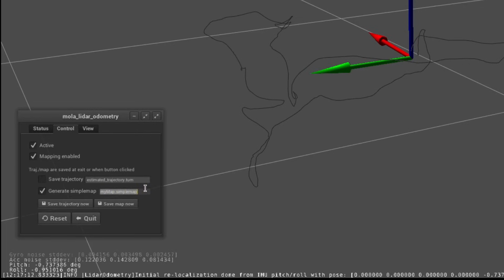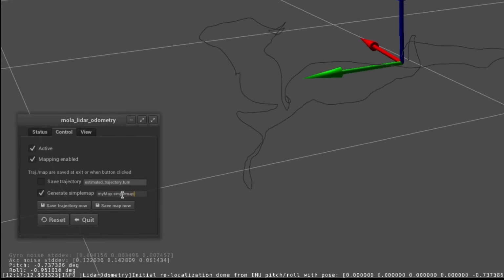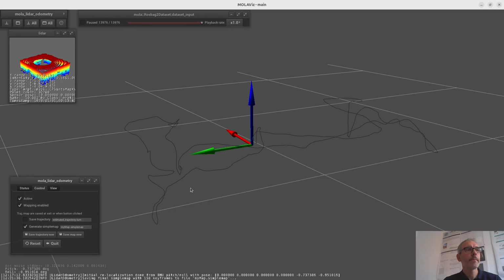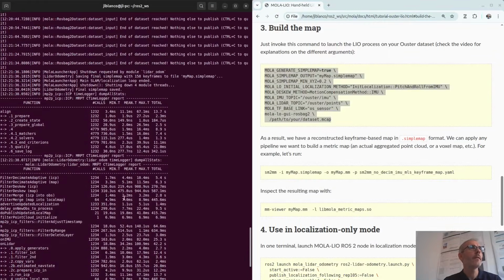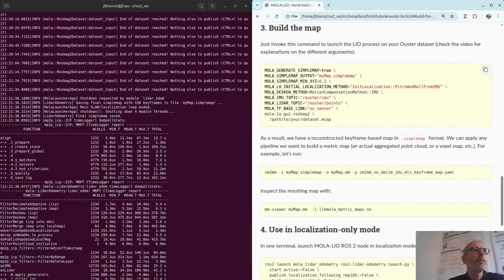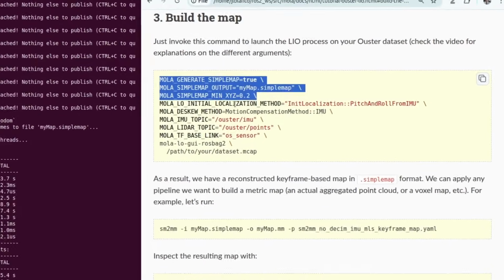We have written this from the terminal instead of this GUI, and when I click quit, can you see the message? It is saving the final map with 158 keyframes to the map, my map, simple map. I have already told the program to do that with these three arguments here.